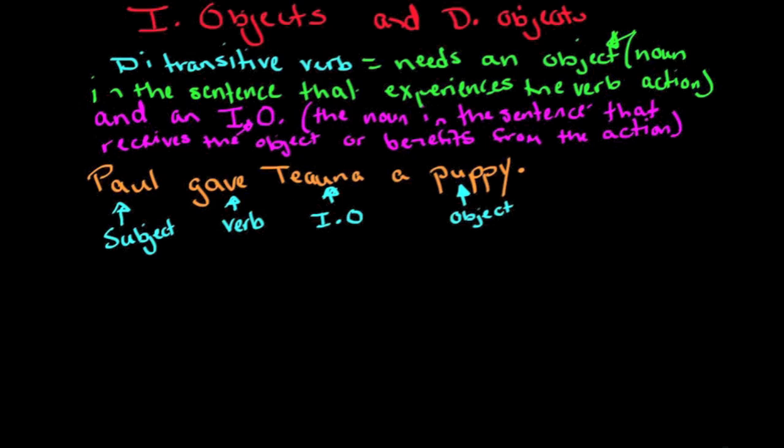So in English, we can do something that's a little unique. We can go subject plus verb plus indirect object plus object. So it's a little unique, the order here in English. And give is one of those words that needs both. Give needs both an indirect object and a direct object. So it needs both. Some other common verbs that need both are get,